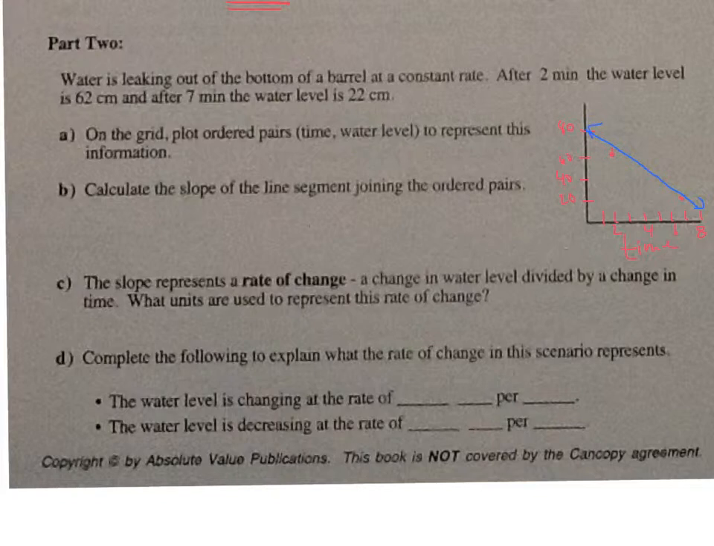Alright, so calculate the slope of the line segment. So the slope is going to be the rise. Well, we're not really rising, we're going down. How much did it go down? 62 to 22. It went down about minus 40. So now you can calculate that, get it in lowest terms. So if we divide each term by 5, we should get -8 centimeters